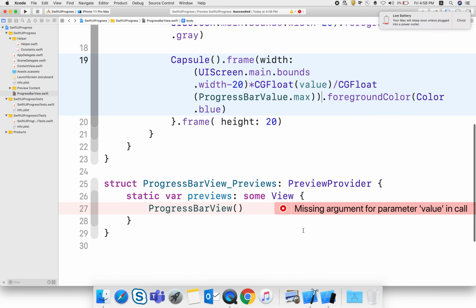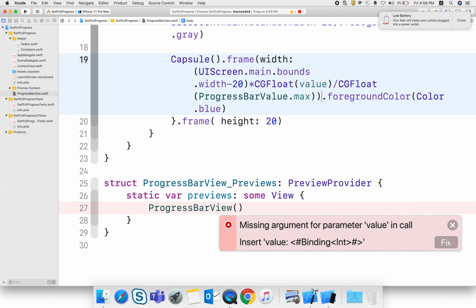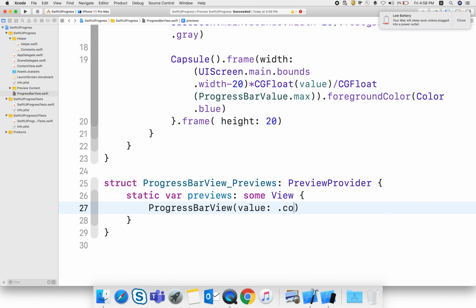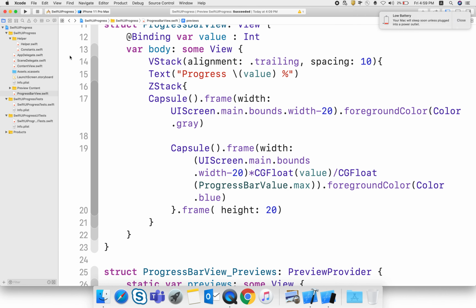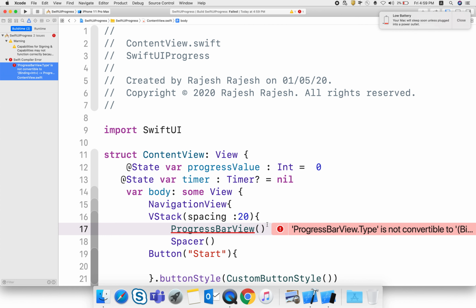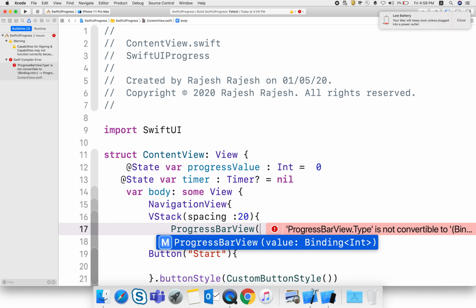So now it looks quite good. Something is missing, so I am using a constant 2 here, and it looks quite good. So when I run it, oh, there is something missing because I'm not passing the value of progress value here.